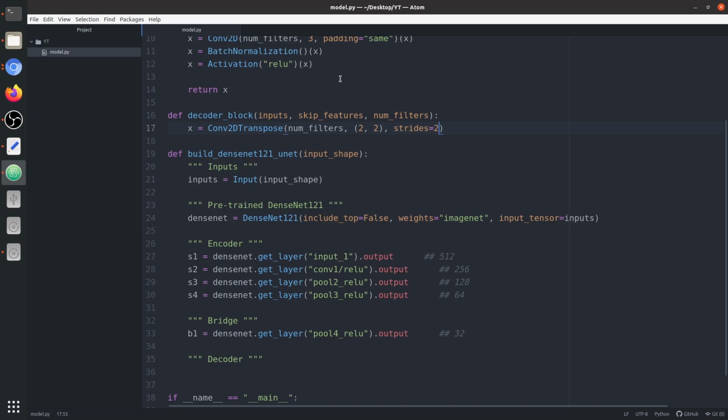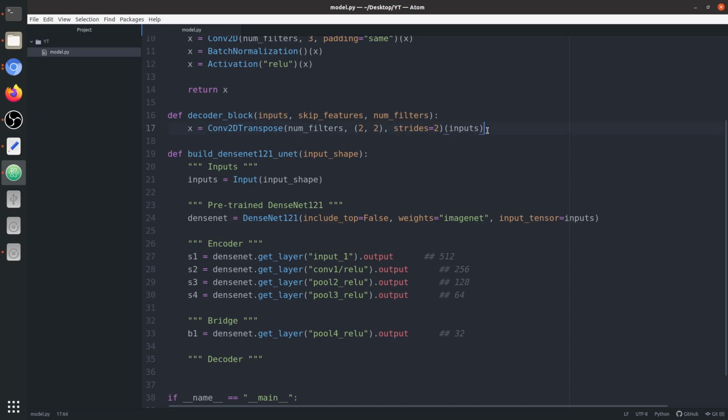If the resolution is 64 by 64, it would be converted to 128 by 128. The benefit of using transpose convolution is that it learns how to upsample. In the case of bilinear upsampling, it does not learn. It just uses simple equations.